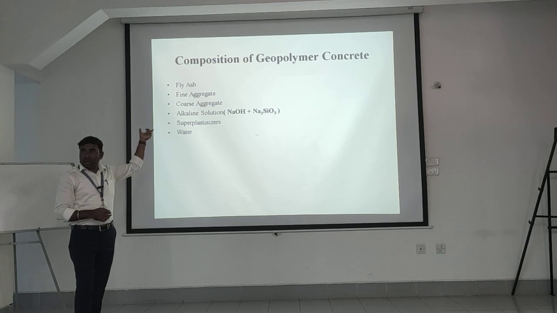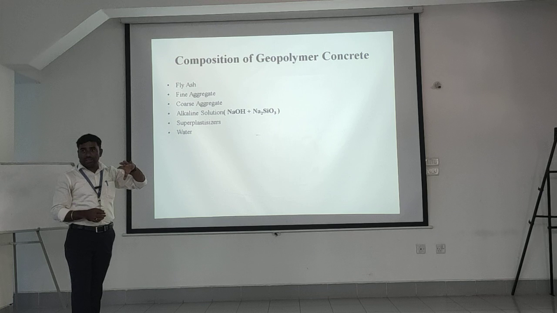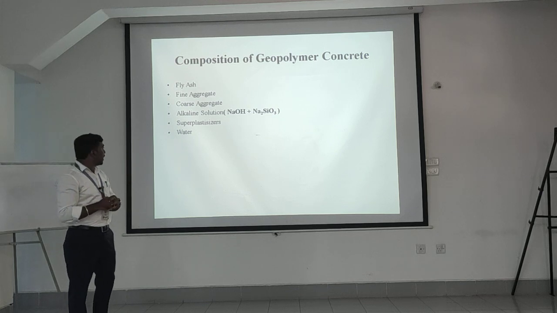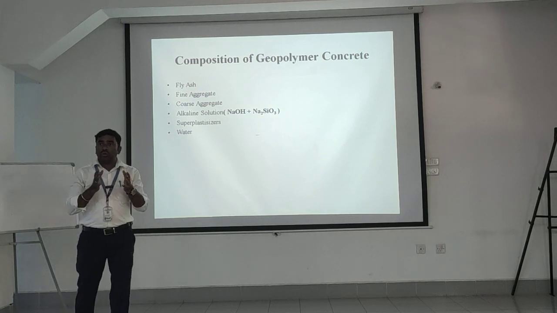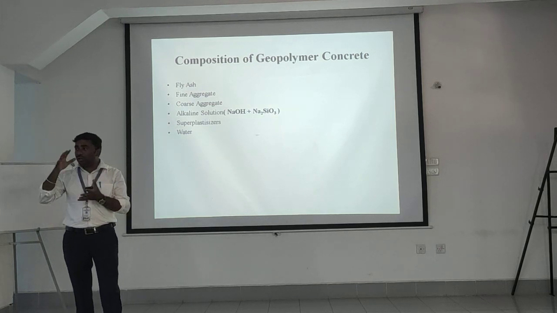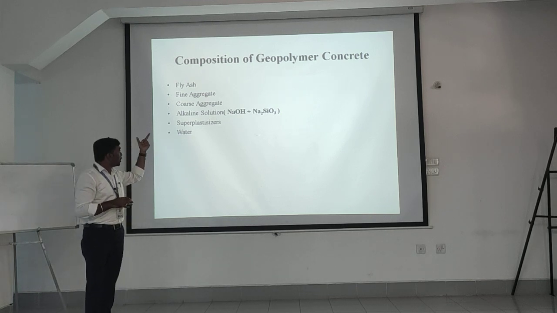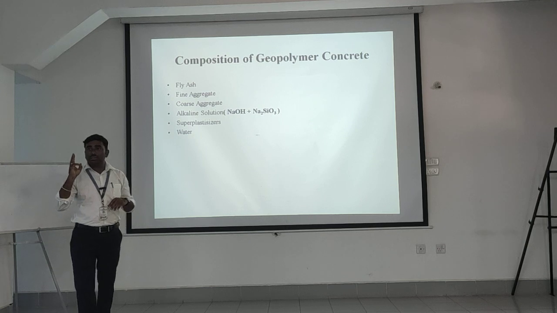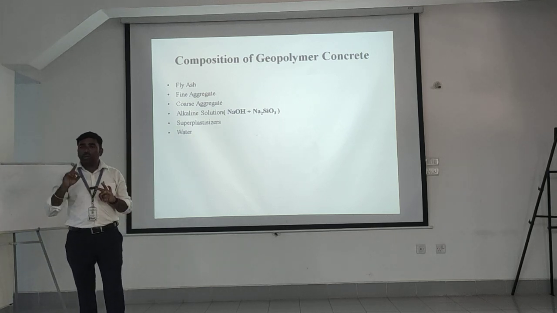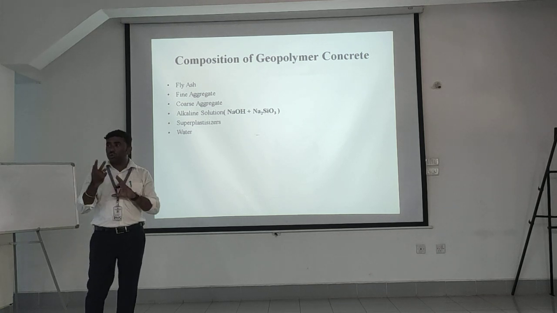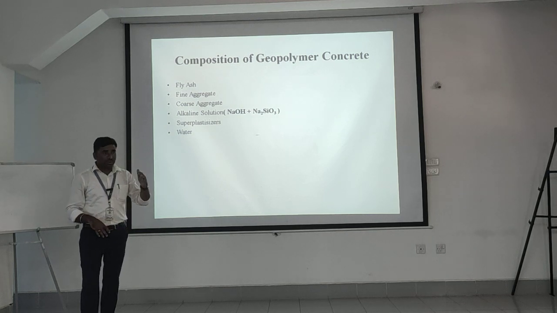Already we know how to get fly ash. Okay. So next, fine aggregate. Fine aggregate means the aggregate size which passes through 4.75 mm. Then coarse aggregate means, as I already told, the aggregate which is retained on the 4.75 mm sieve, that we call coarse aggregate. But here in manufacturing of geopolymer concrete, 3 sizes of coarse aggregate we are using. That is 7 mm, 14 mm as well as 20 mm. The mixture of those sizes we are using. Okay. Then superplasticizer as well as water.